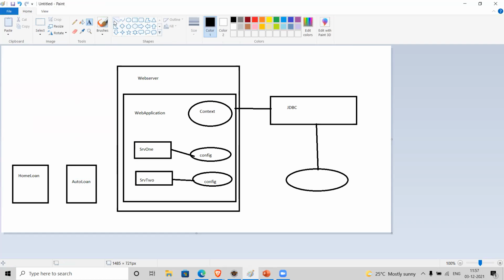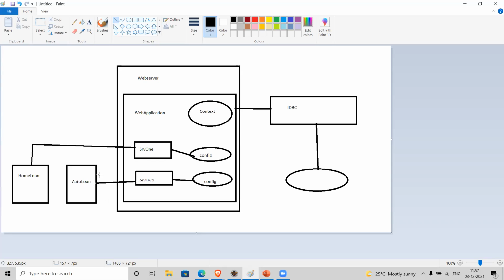So I implemented home loan related business logic in SRV1. I want to use home loan related configurations in SRV1. Similarly, I have added business logic related to auto loan in SRV2, and I want to access auto loan information only in SRV2.